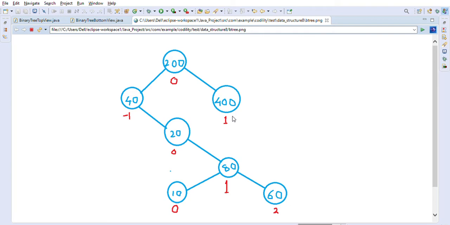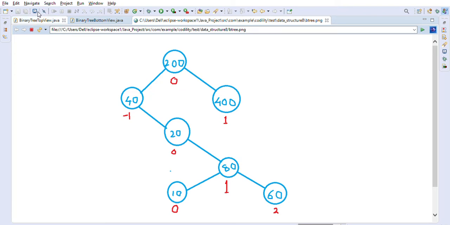Today we are going to discuss how to print a top level view and a bottom level view of a binary tree. So this is just a regular binary tree and not a binary search tree, I just want to mention. For example, we are given a binary tree, and if we are seeing this binary tree from the top, how will that tree look like, and if we are standing at the bottom of the tree and looking at the tree, how will that tree look like. So we have to print this top level view and a bottom level view of a binary tree.